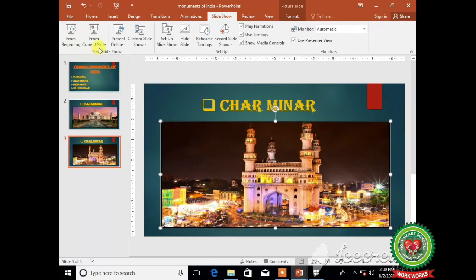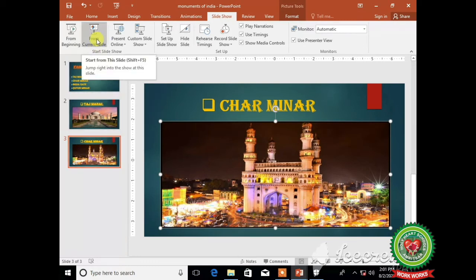Now we will run the slideshow by using the second icon from current slide. It will start the slideshow from the current slide which we have selected. Now, which slide we have selected? That is third slide.